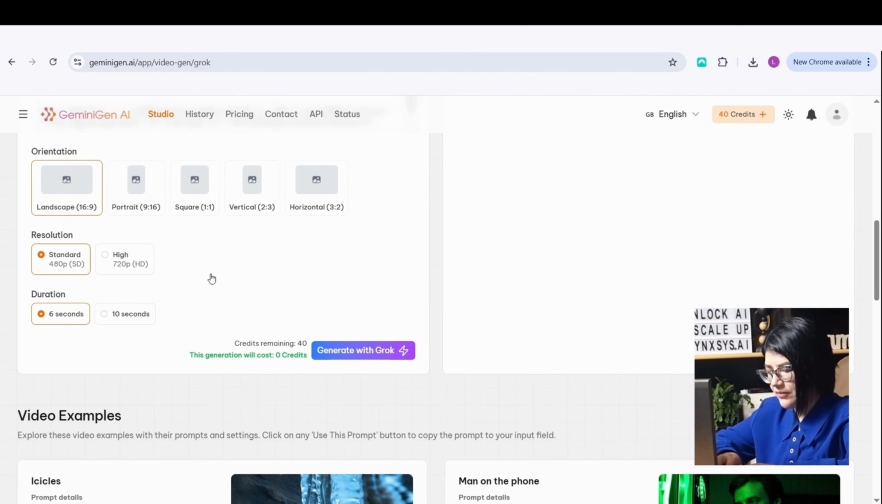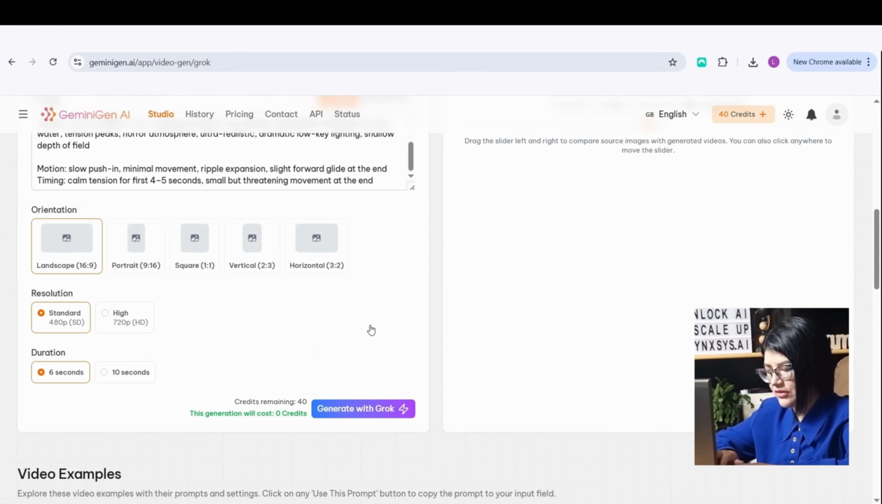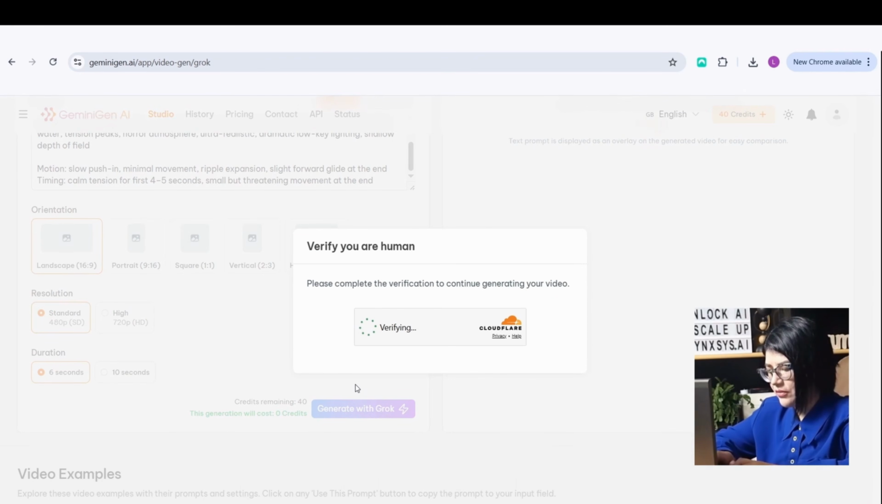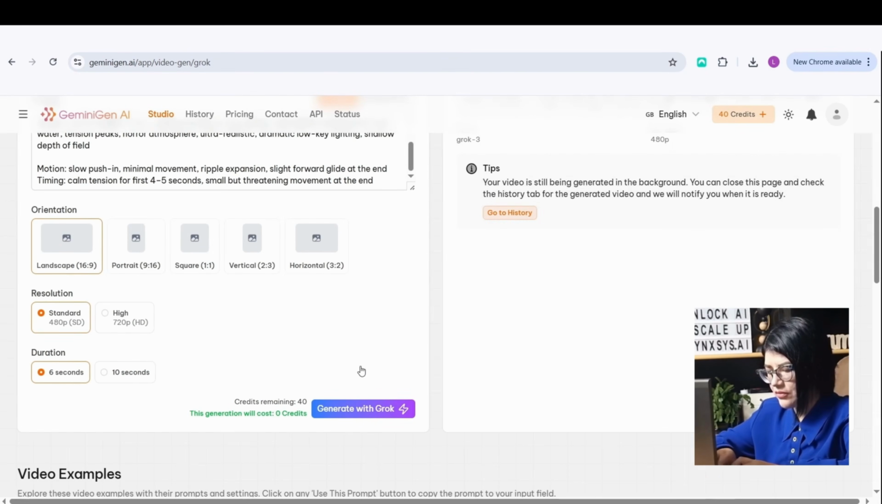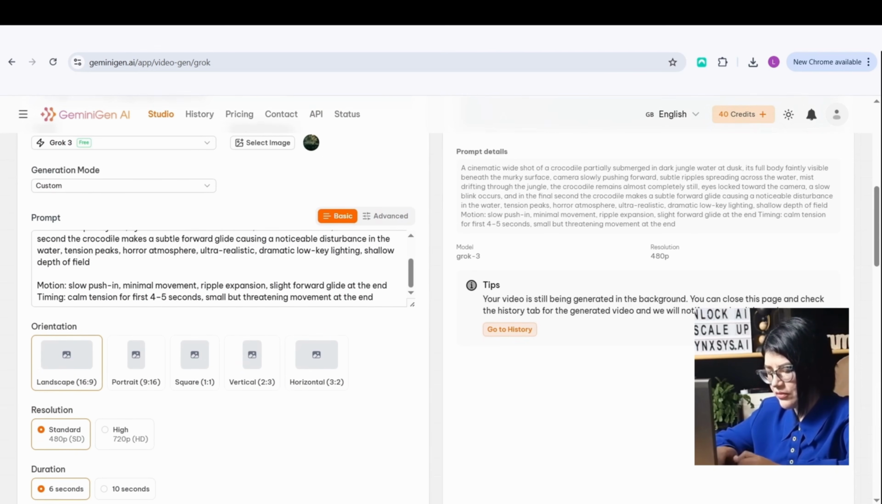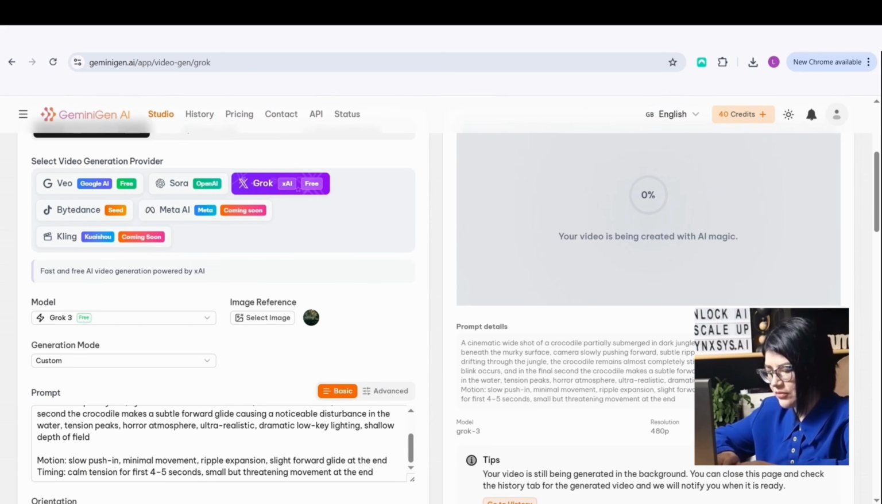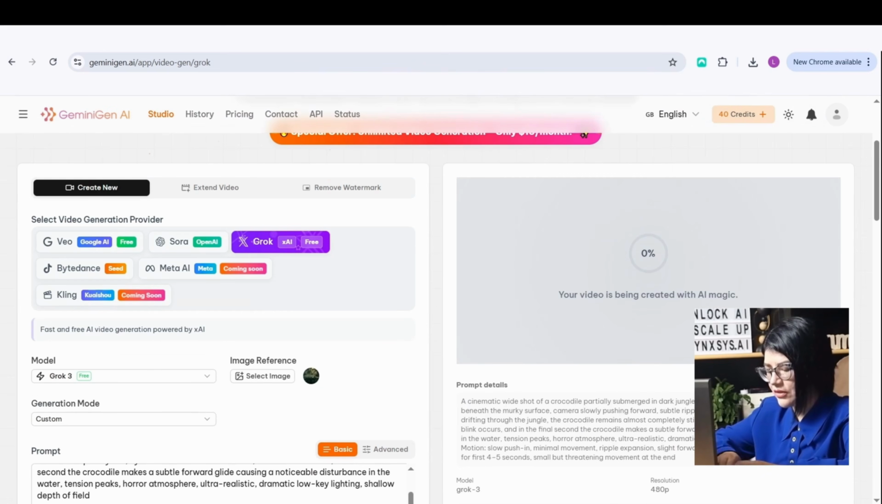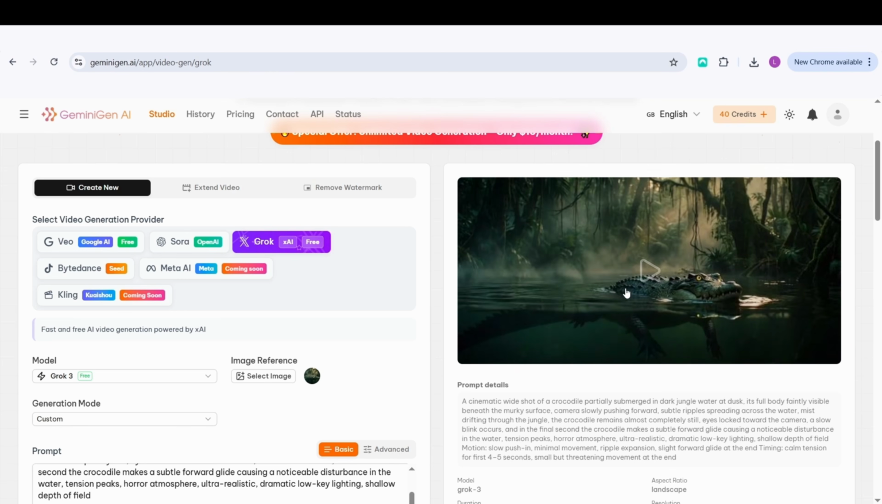And we will choose the same landscape 16 by 9, standard 480, and duration 6 seconds, so that this generation is for free. You can see that we still have 40 credits and nothing has cost us. Let's click on generate with Grok. This can take some minutes, so it will show up here when it's ready. Wow, look, our video is generated, and